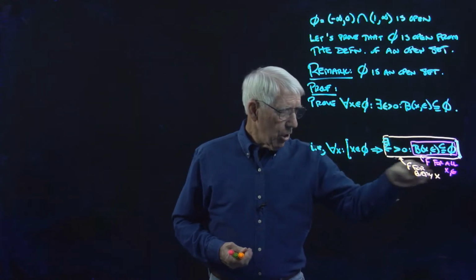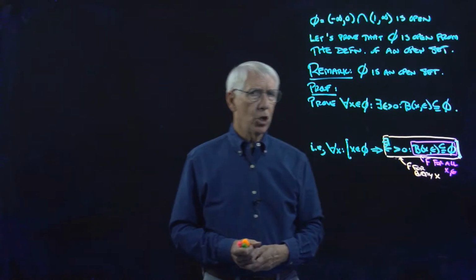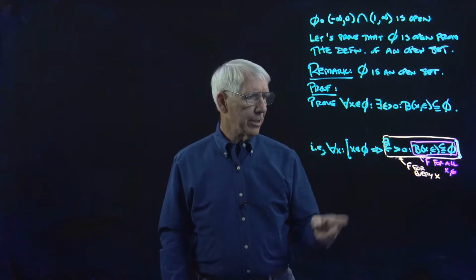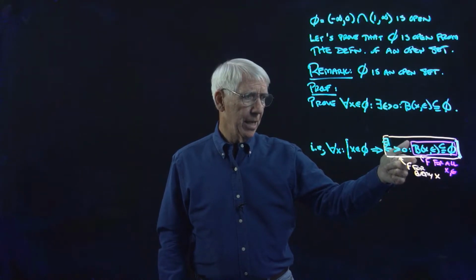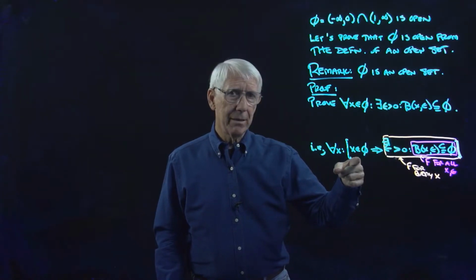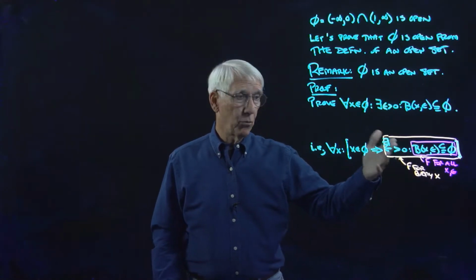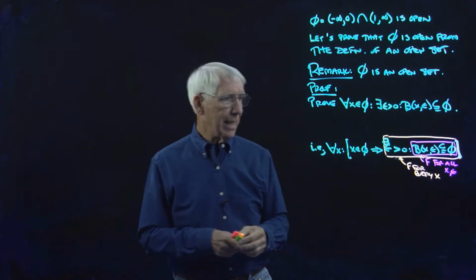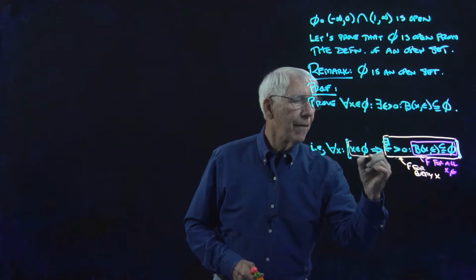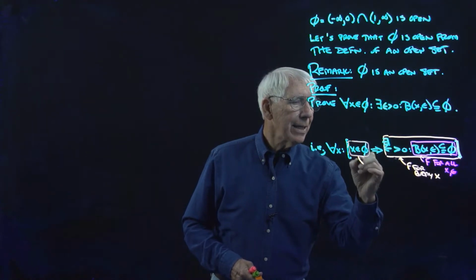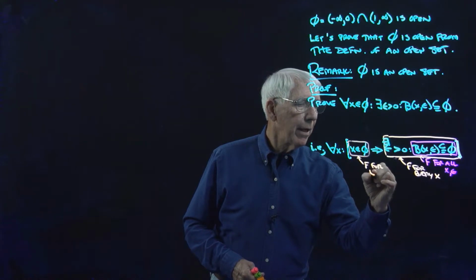So this is all false over here. And so now things look a little dicey for trying to prove this implication because the consequent is false. And so if the antecedent is ever true, then this implication is going to be false. It's not going to work. But of course, the antecedent here is this, and this is false for every